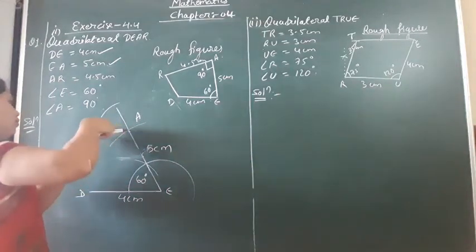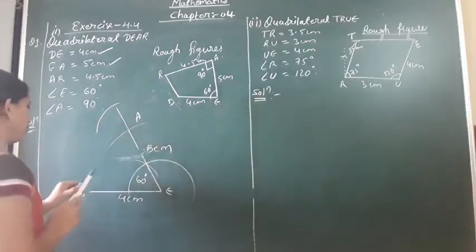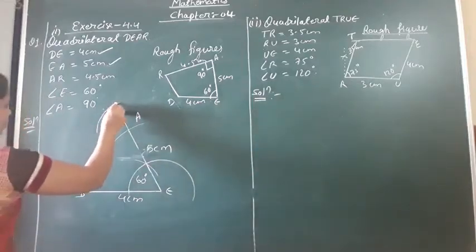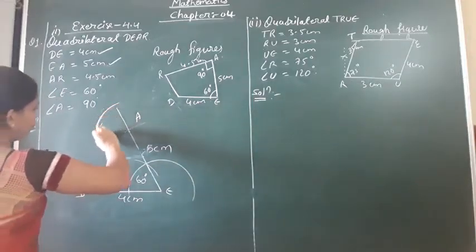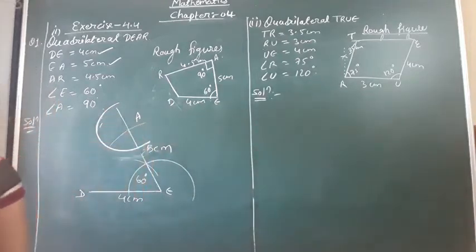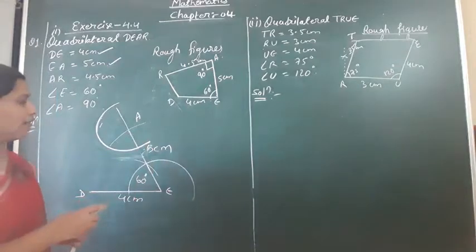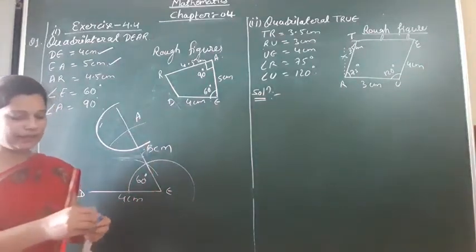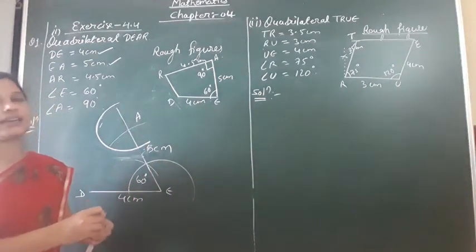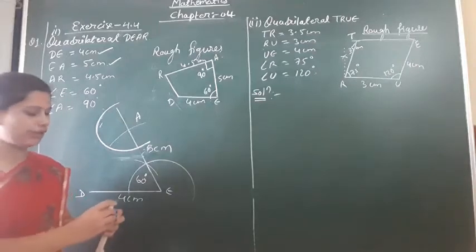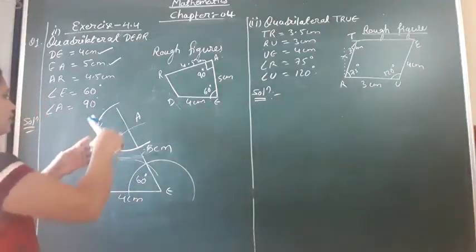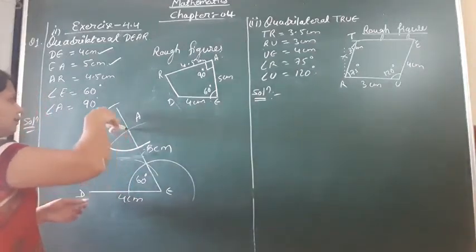Here we are going to draw an arc. So here, like this, an arc is being drawn. Clear? Can you see the arc? Now after drawing the arc, what we have to do, student? After drawing this arc, with the same radius we are going to construct another arc. For the same radius, we have to construct an arc.